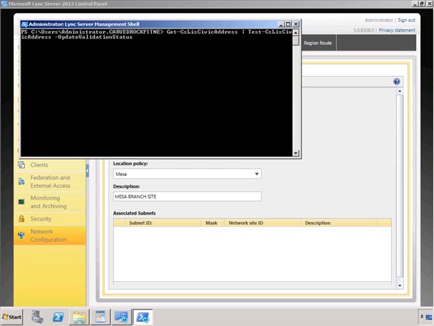Let's clear the screen. When you're ready to publish your commands, we would use the publish-cslist configuration commandlet. And as you can see, I just published my configuration. Those entries are now